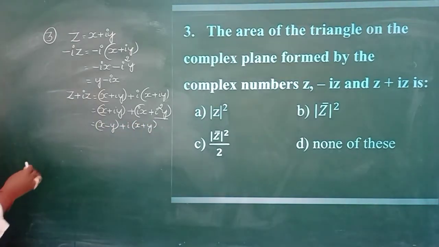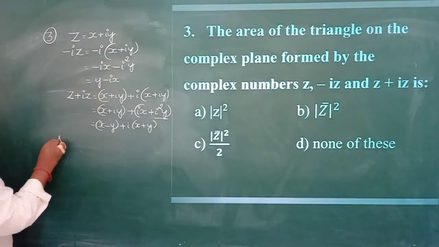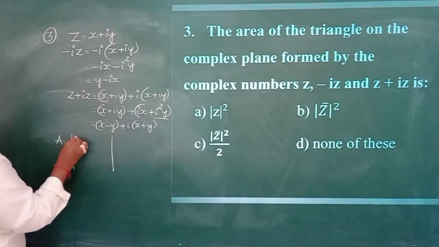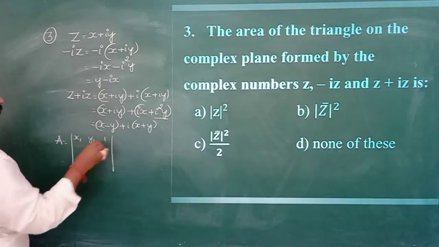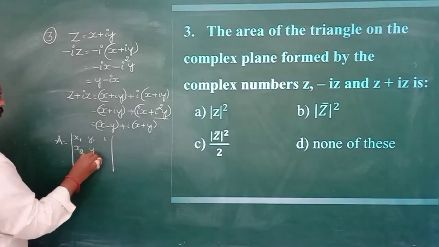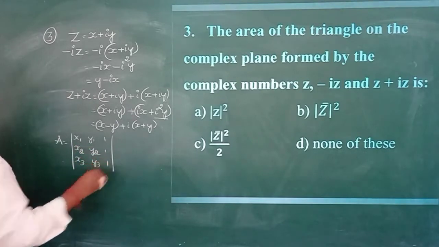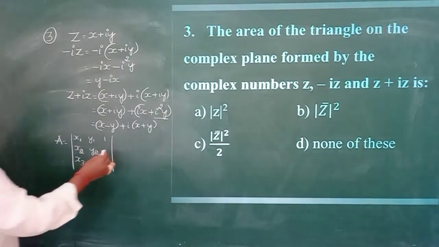If you substitute this in the area of triangle determinant, x1 y1 1, x2 y2 1, x3 y3 1, you will get